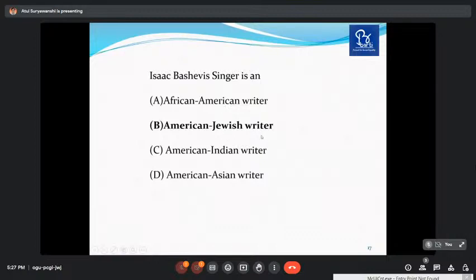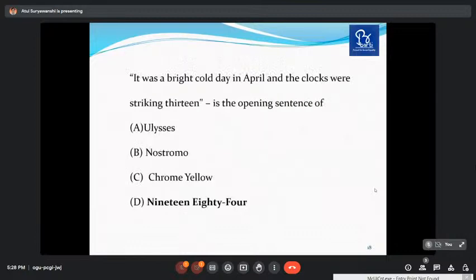You know, the options are very closely associated, so they are confusing, baffling. And in this way, the standard of the NET and SET examination has been maintained by the panel. They expect a certain maturity from the candidates to crack these exams. We should note this. The next.